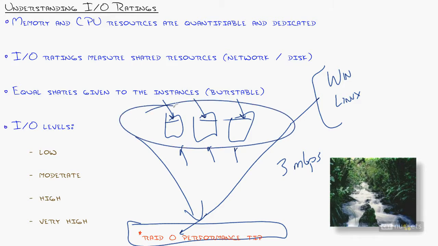striping all those together. Now, there is a risk in RAID 0, and that is if you lose any one of those disks, like this one dies, goes up in flames, you lose all the data on those disks that are combined together. But number one, with Amazon's high redundancy systems, it's very rare that you would ever lose a disk in that volume. Not to say that you wouldn't, or that backups shouldn't be a regular practice with you,